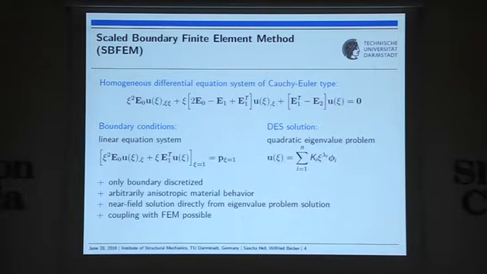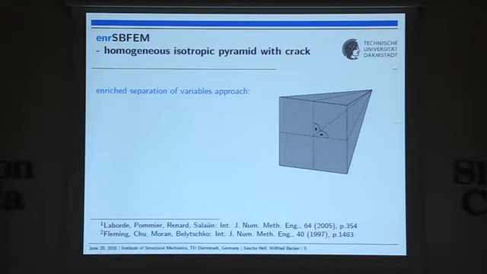used on the boundary. But of course, there are not only positive sides, there's also a downside to the method. If we have large eigenvalue problems, we have a lot of computational time. And this especially occurs when we get singular gradients on the boundary mesh, because then we need a very refined meshing on the boundary, which increases the number of degrees of freedom, which increases the numerical effort for the eigenvalue problem. To help with this problem, we recently introduced a rich formulation for the scaled boundary finite element method, which I